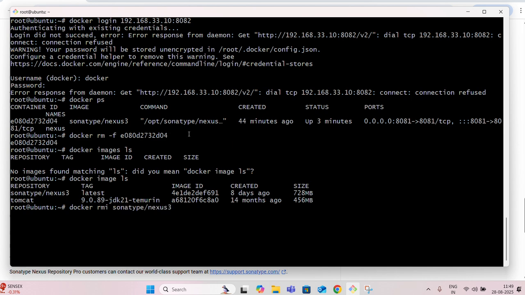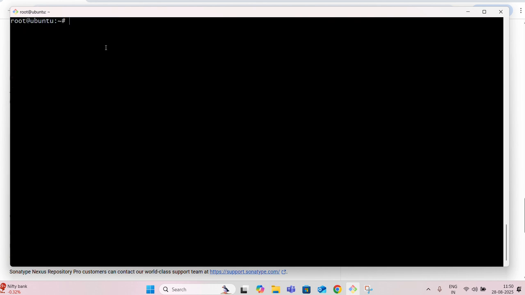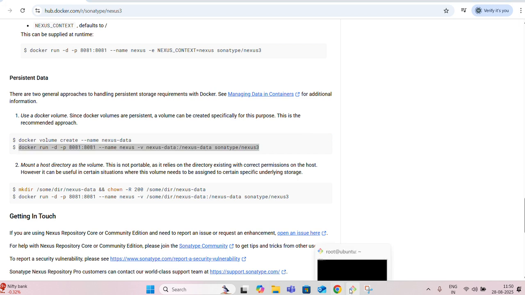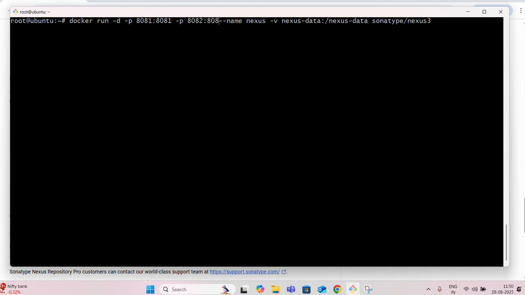Now I will show you the advantage of the Docker volume. Now I am trying to run this command again, and I will enable the port by using -p. Now I run this command.